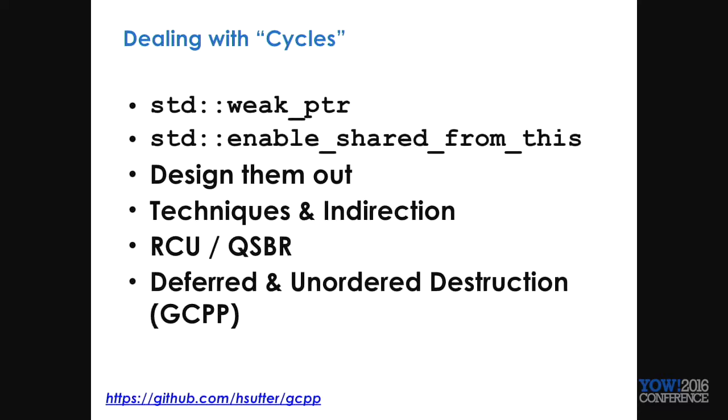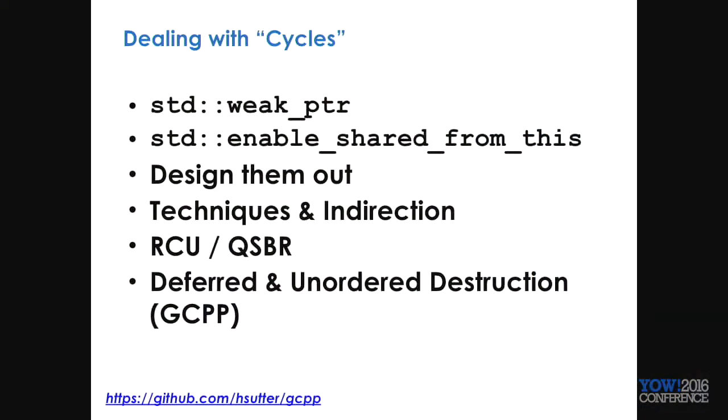You can design them out. Most gaming engines have tremendous cycles. How do they deal with it? Some design it out. Some use different techniques in indirection. Hiding objects and references to textures behind a lookup table, common technique. Certain large gaming engines do this. Others, they use other ways to get rid of the cycle.